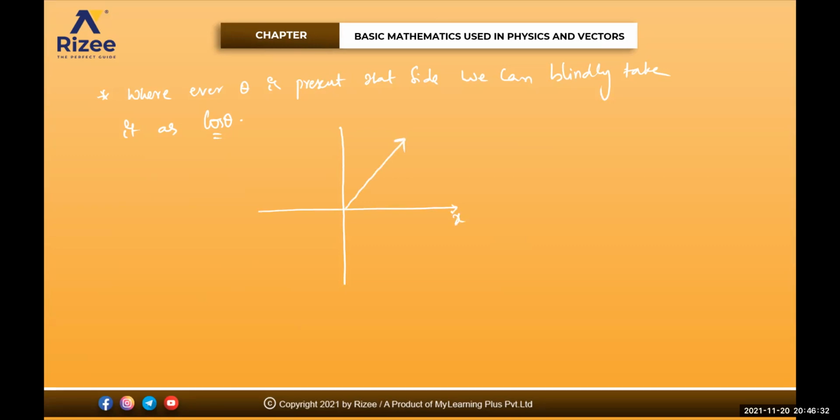This is x-axis, this is y-axis, this is r bar, and here this is theta. Now tell me where is cos theta and where is sin theta? Wherever is theta, I told you that, cos. Very good. So this will become for me r cos theta, and this will become for me r sin theta. That's it. Clear? One more.